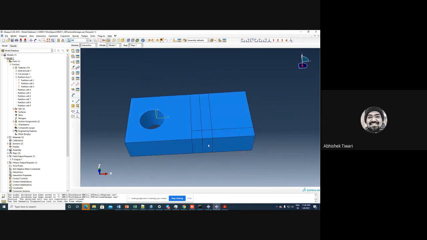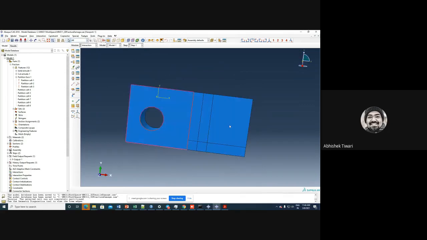So you see, this is the part which will remain fixed, right? And in this hole, you put a pin inside it, and then you pull the pin in the machine. And this is how the load is applied. But we can model that pin and everything, but that will require contact between the pin and this face. And contact mechanics and algorithm and FEM of contact is completely different.